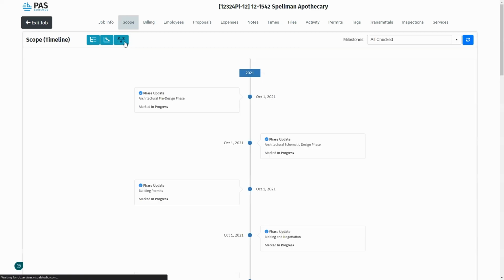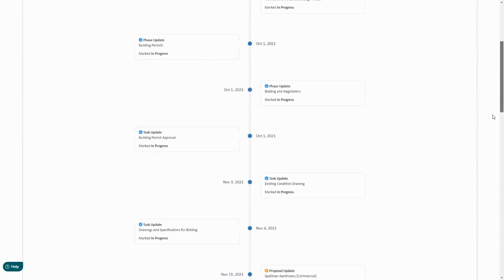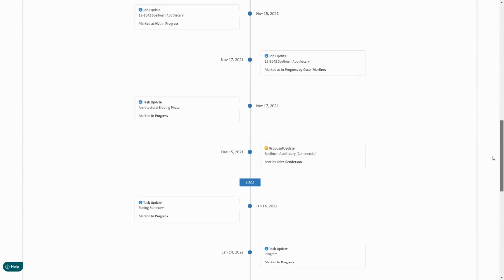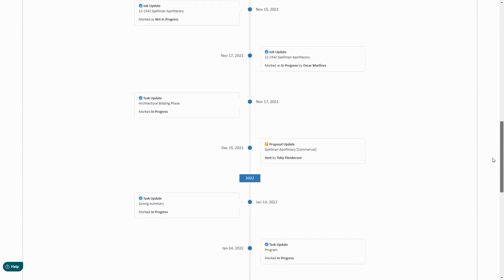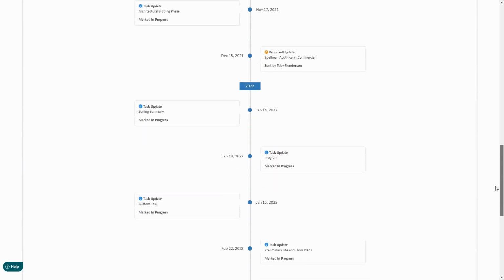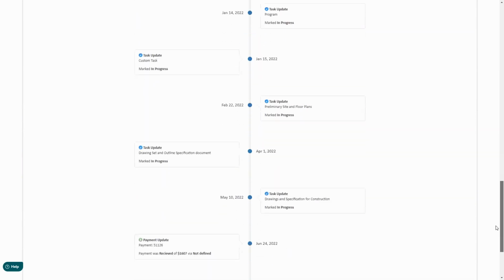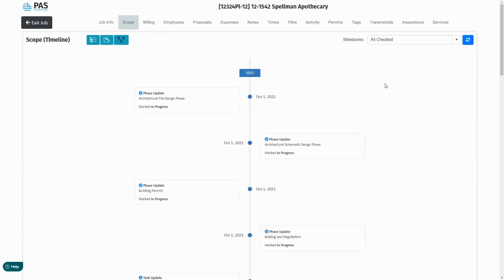Beyond that, there is also a milestones page, which is really helpful. Again, this is something that is great in regards to summarizing things for clients. You're able to see the full history of the project and major items. For example, when there is a status update for the project, when there is a task update, when certain things are completed, you're able to see it completely on a timeline.